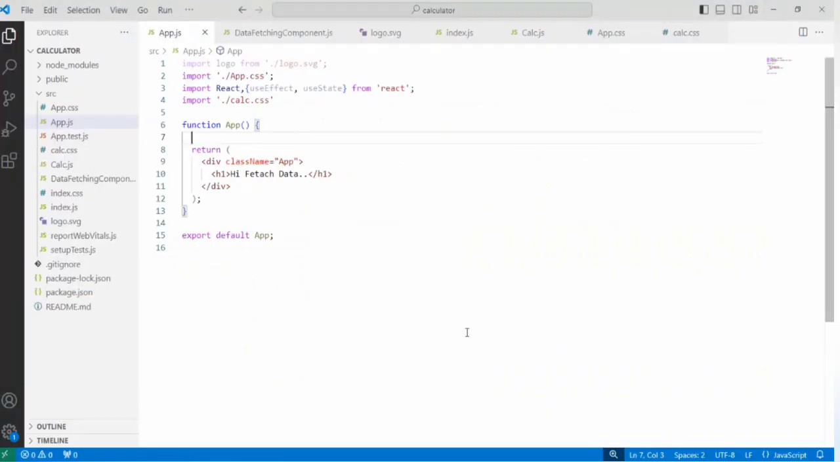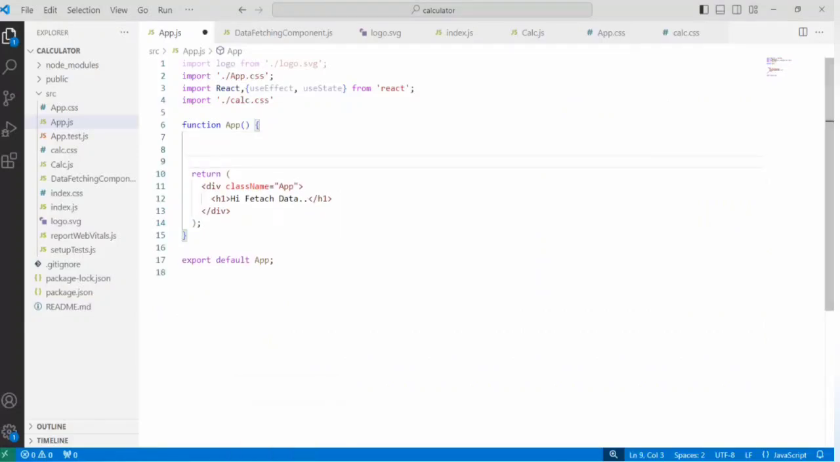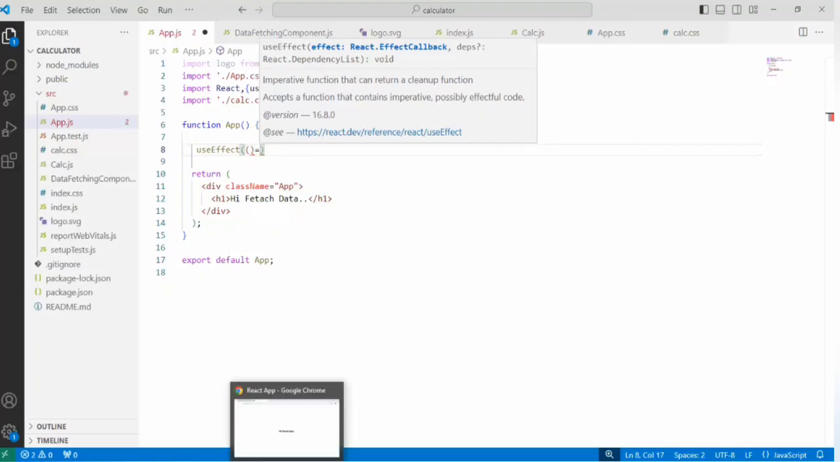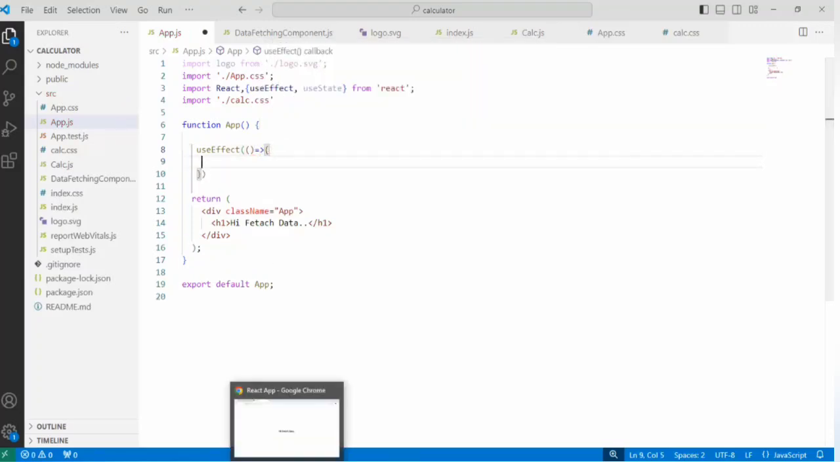So let's flip to Visual Studio, and here we can see we have created one app with a fetch data. Let's see it in the browser. Here we can see it's a data. Now we are going to write the code here. First we will start with the useEffect React hook, and we are creating one arrow function. In this arrow function, we are going to write the fetch